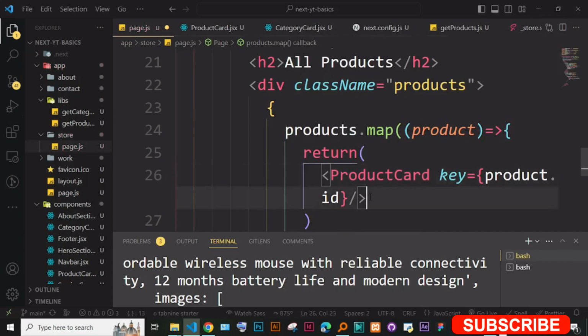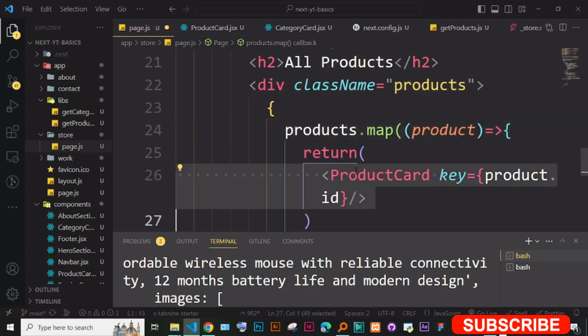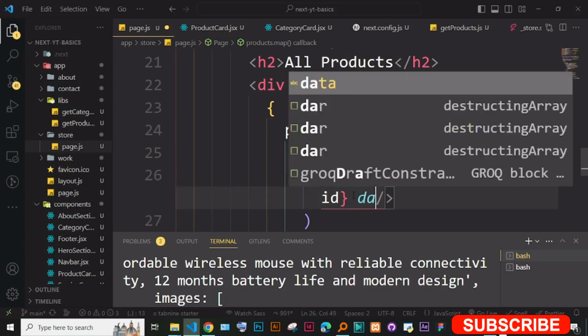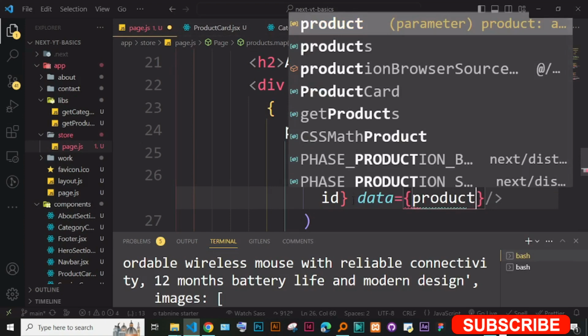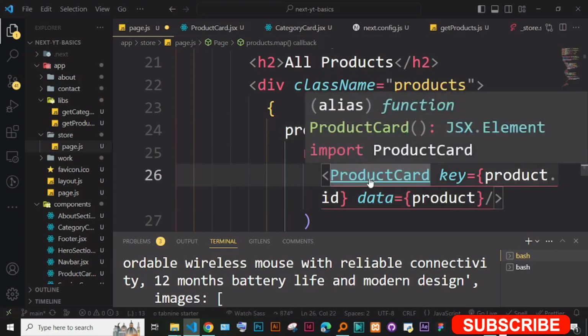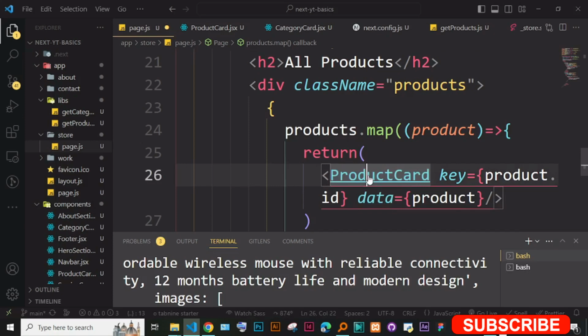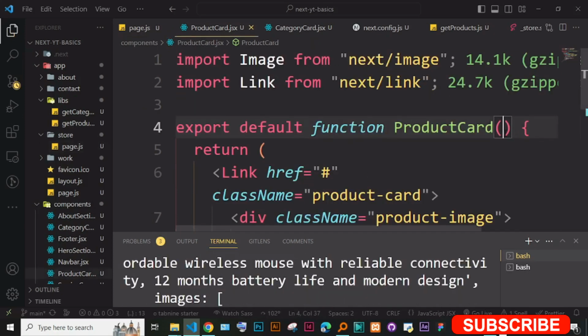Okay, then another thing is the data. This product data we are getting here, we have to send it to this product card. So simply put here space and just say data, and then on this data you can say the data is the product. Just like that, the data is the product, and this is good to go now. So next, what you can do is go to this product card and accept this data. So just go to product card, and inside here just simply accept, just like that. Put here data,